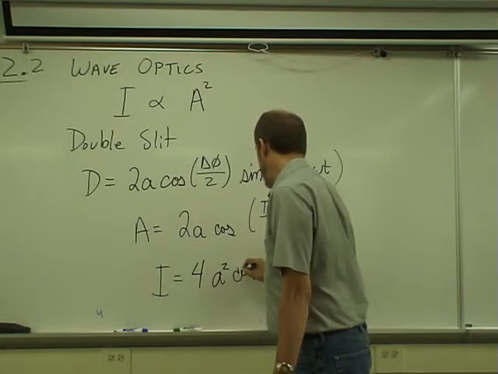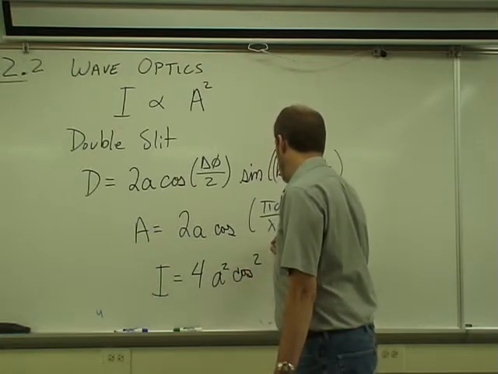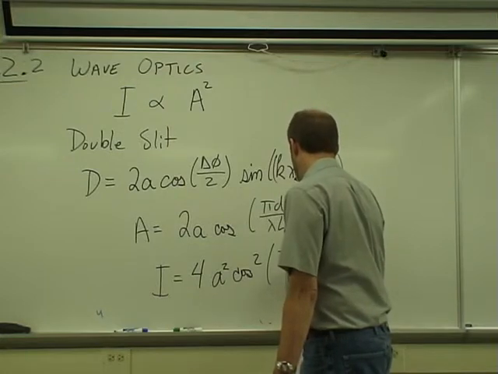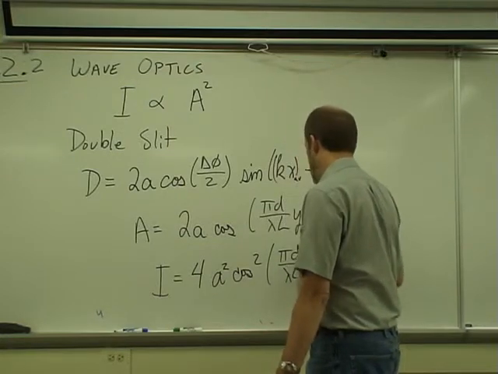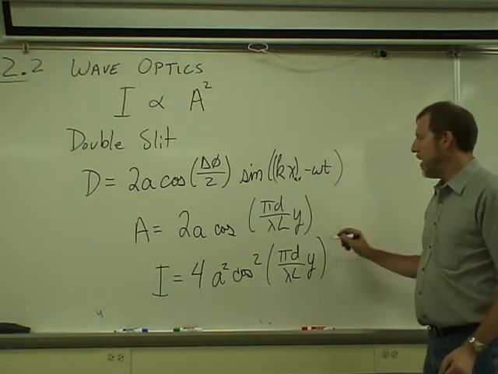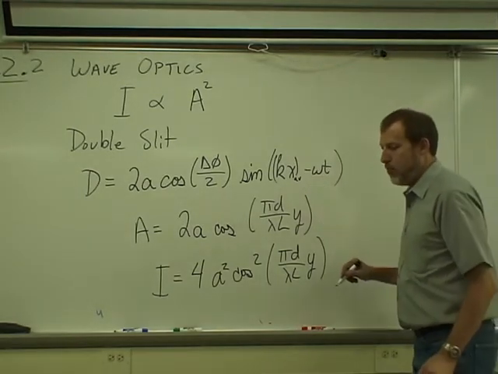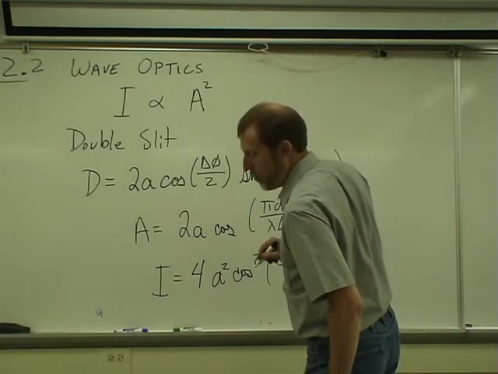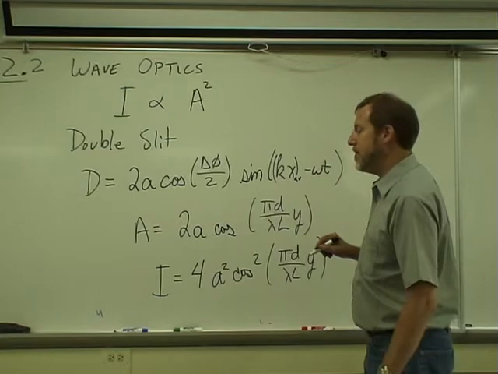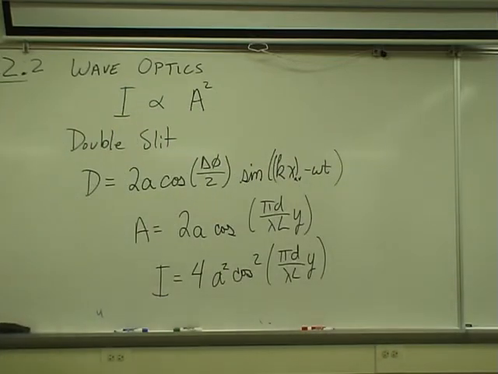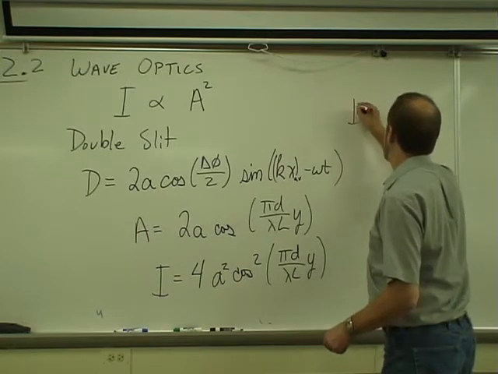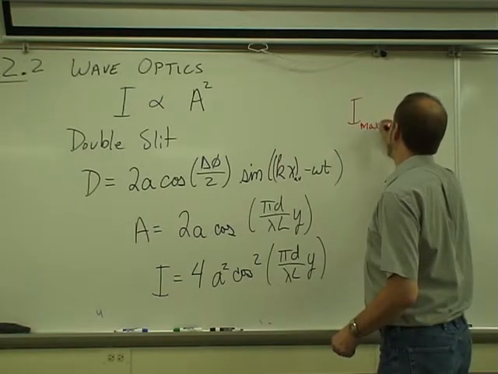or 4a squared cosine squared pi d over lambda L times y. Or depending on where those two waves are in the frame, that means the intensity at a maximum